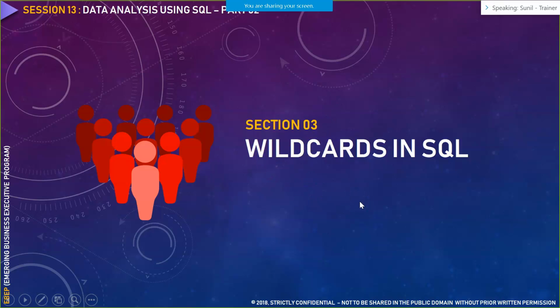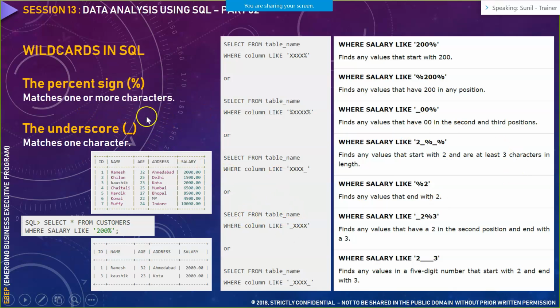Now then there is something called wildcard in SQL. Now what are wildcards in SQL? Wildcards in SQL are essentially used by percentage symbol or underscore symbol. So remember, when you are shopping on a particular online website, you are entering some characters and you get certain suggestions. For example, you are entering a cell phone like Samsung. You write Sam, all the Samsung cell phones get populated as search result. So how does that happen? With the help of wildcard characters. Now what are wildcard characters? They are typically defined by this percentage symbol and underscore symbol.